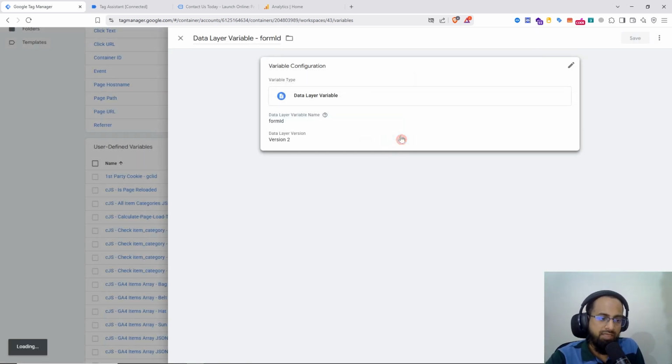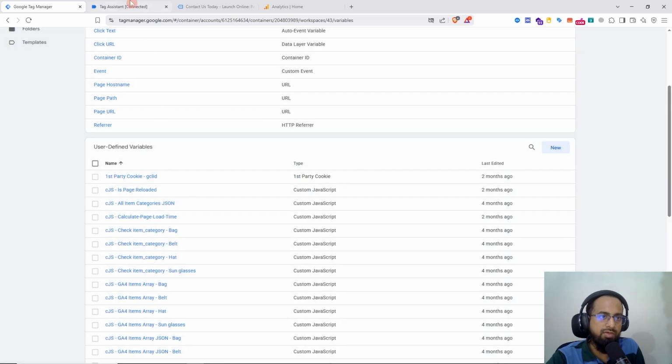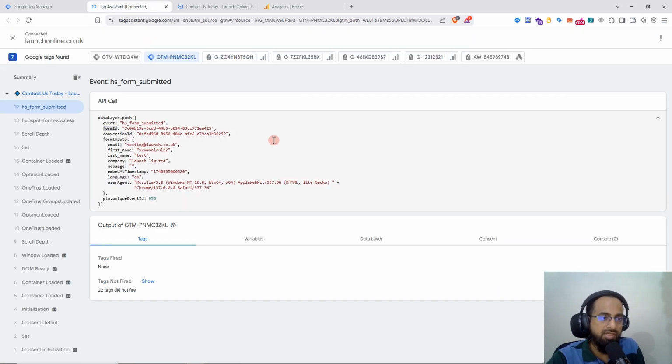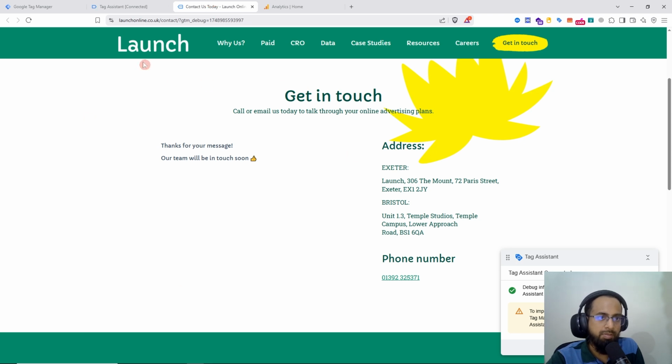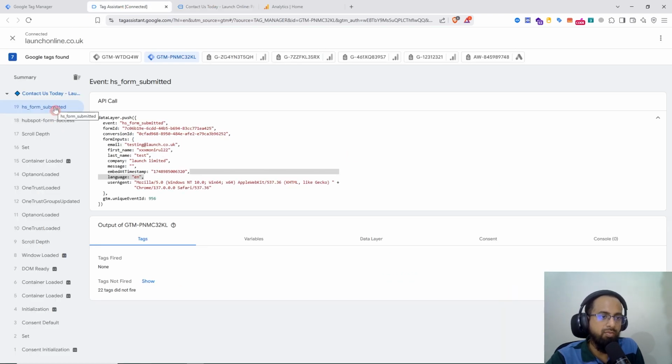Okay. After saving the data layer variable, you need to create a trigger. That trigger, whenever the form is filled up, this event will be pushed, and your tag will fire on this event. So to create a trigger, just copy it